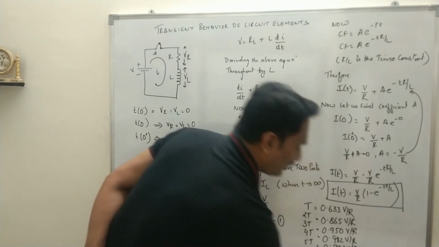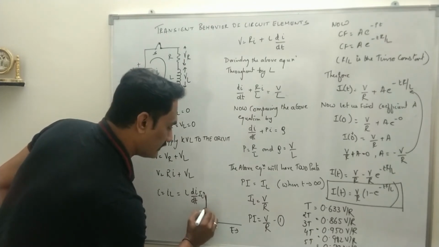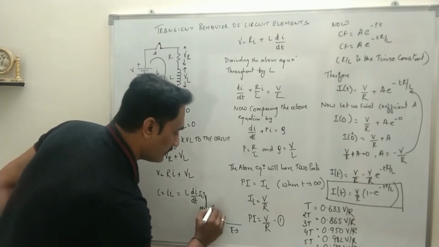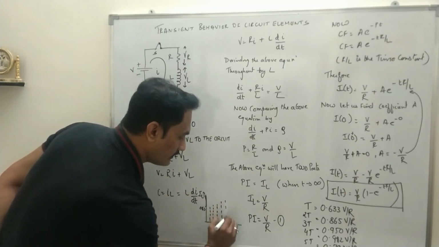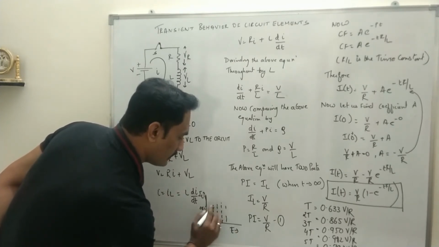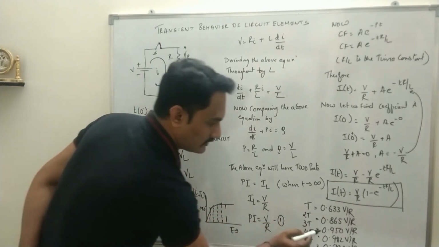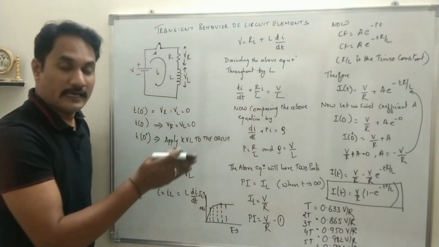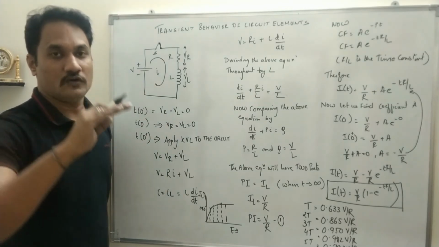So if you draw the graph, what you can see is this is the total IL current, right? So at t you will have the value as 0.633, and when you increase the value of t, see what is happening, this is the increase in the current, right? And gradually it is becoming constant. You can see the value 950, 982, 993. As the time elapses, it will reach the steady state value. So this is the behavior.